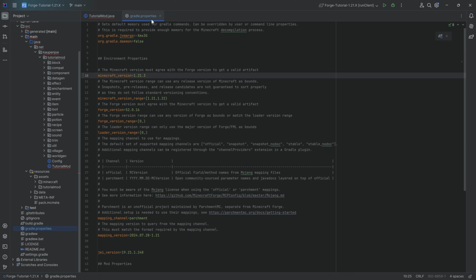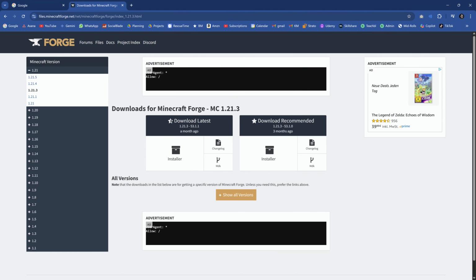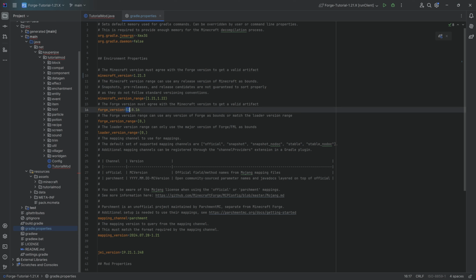So we're going to go to our Gradle.properties file and change this to 1.21.3. And the Forge version here is going to be 53.1.1. Absolutely fantastic. I'm going to add this right here. There you go. The parchment mappings are going to be 2024 December, so 12/07